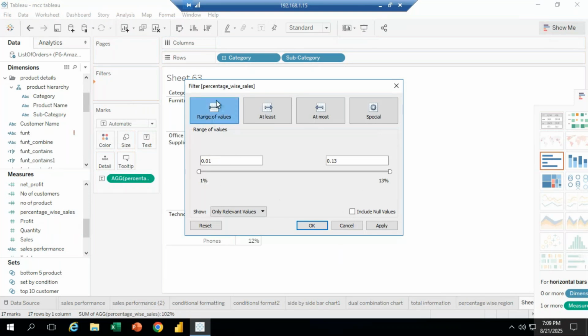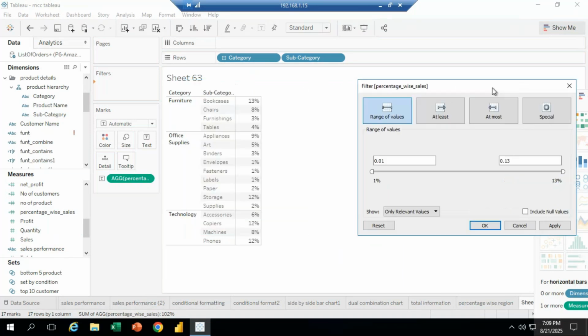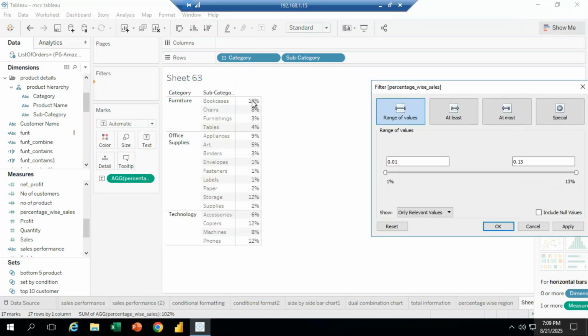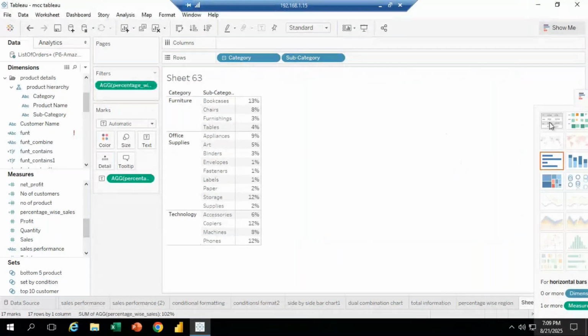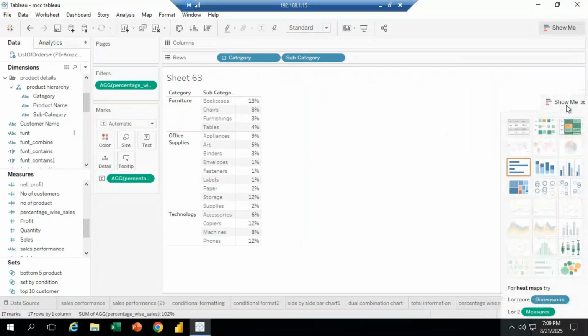So it means range of value. So 1% to 13% means that is the highest percentage we have in that. Highest percentage is the 13 percentage is my highest. That's why it's showing here. Then click on OK. Now once we select this option, so here